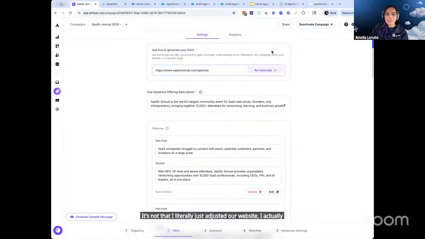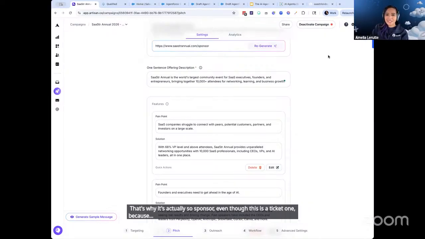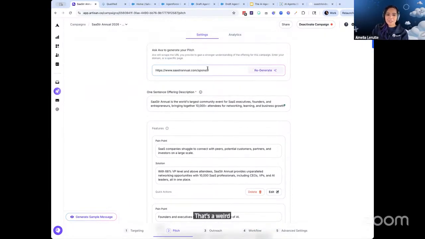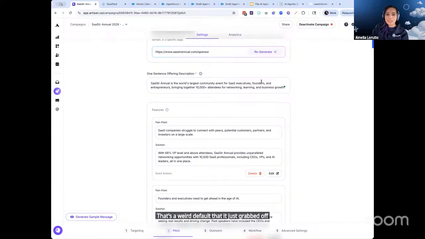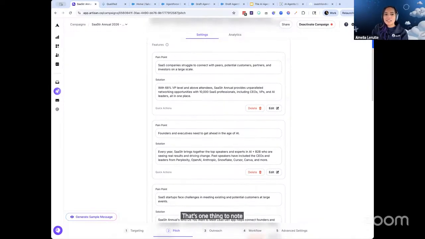I actually ignore that one. That's why it says sponsor, even though this is a ticket one, because that's a weird default that it just grabbed off one time I did it and it wasn't that good. And then I just wrote over it. So one thing to note is I take the best performing things, but then obviously you have to write it for the